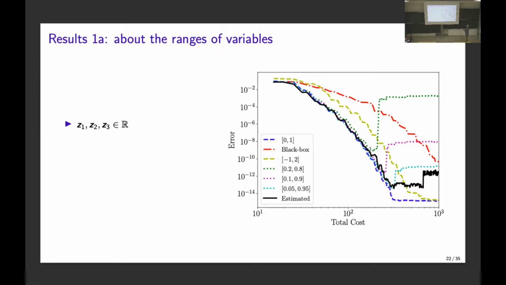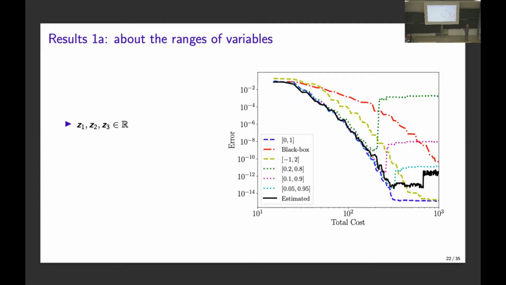If I don't do adaptive estimation of the ranges, but I work with the largest range just to be on the safe side, I get this yellowish curve. And if I don't treat each component separately and I do everything as one black box, I get the red curve. So you see that there's a dramatic improvement in treating the three models separately rather than doing a black box over the big thing. And if instead I don't do the adaptive estimation of the ranges and I just take a range which is not enough, sooner or later I get drifted away. So it doesn't work.